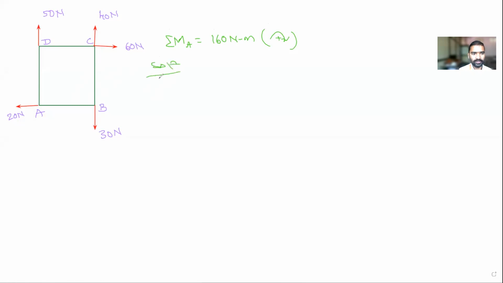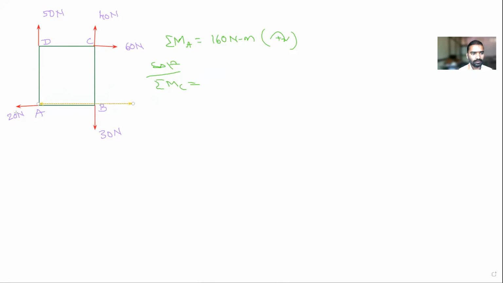In the solution, the moment about C point. How to find out the moment about C point? When it is asked for the moment about C point, this is the point, correct? First you have to fix this point. So I will start from the A point. A is moving in the horizontal direction. So I will draw the line of action. This is the line of action, correct?